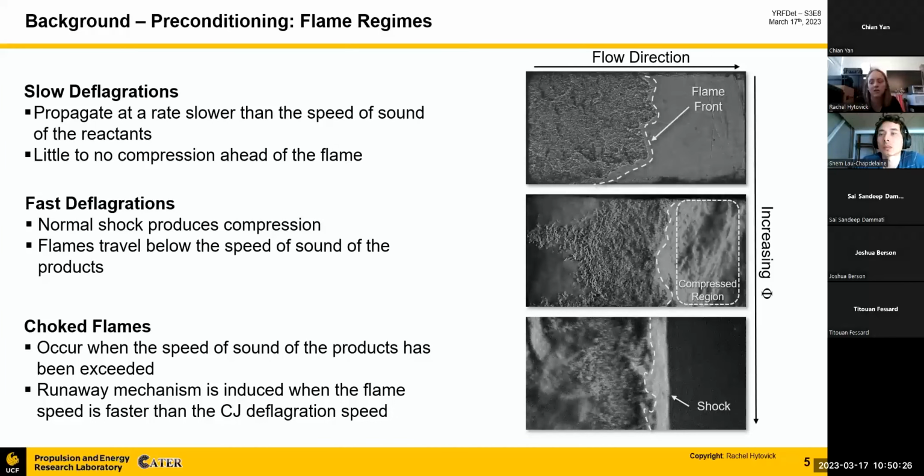Okay. So in the case of fast deflagrations, do you say that it has to be greater than the speed of sound in the reactants, or can it be a factor less than the speed of sound in the reactants, but still show compressibility? I would say that the bottom limit is more of a gray area, so it does show compressibility, but it could be around the speed of sound of the reactants. In general, our experiments don't see a lot of compressibility in slow deflagrations. We see some, but it's not